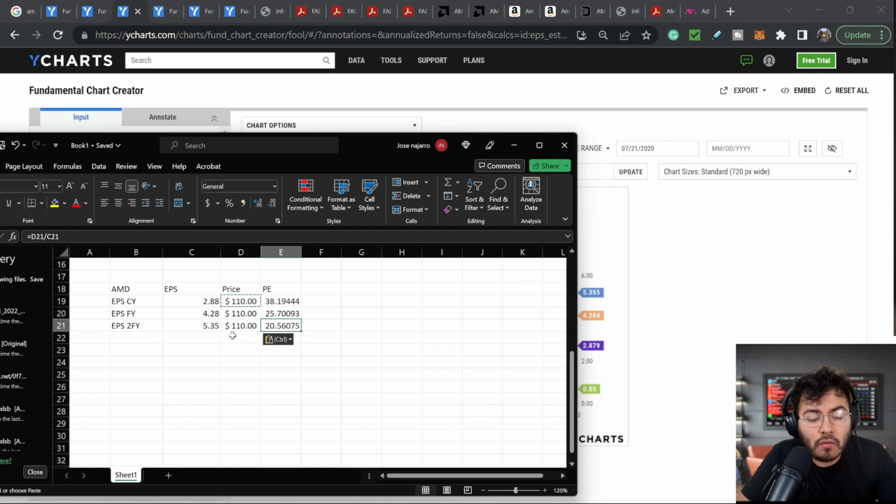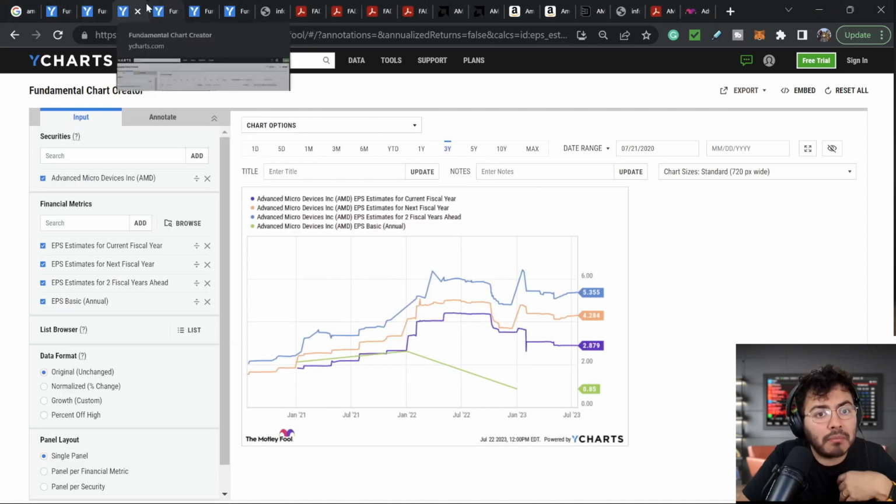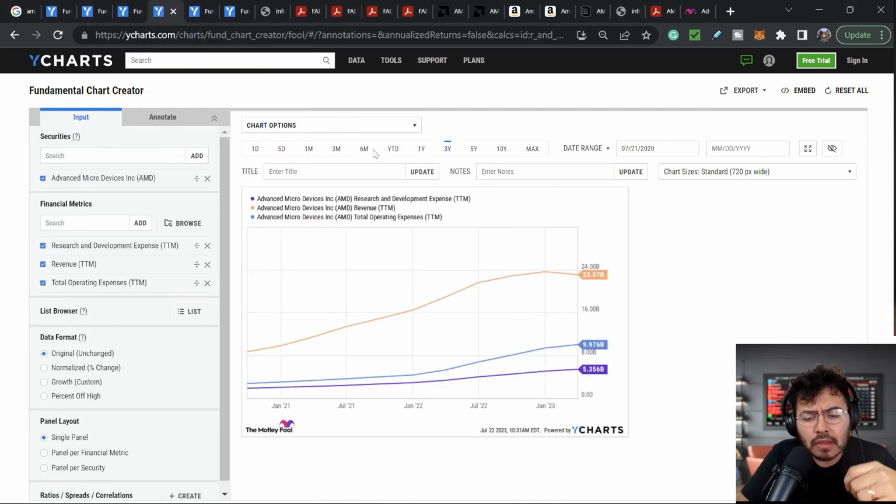I do believe anything under 110, maybe even $100, this stock is still great. If we bring it back down to 100, even the current calendar year PE ratio is going to drop down to 34, which I don't believe is insane. And we can see the PE on earnings per share 2 fiscal years out would be all the way down to 18.7. So I do believe any time we can get this under 100, it's not a bad buy in my portfolio, right?